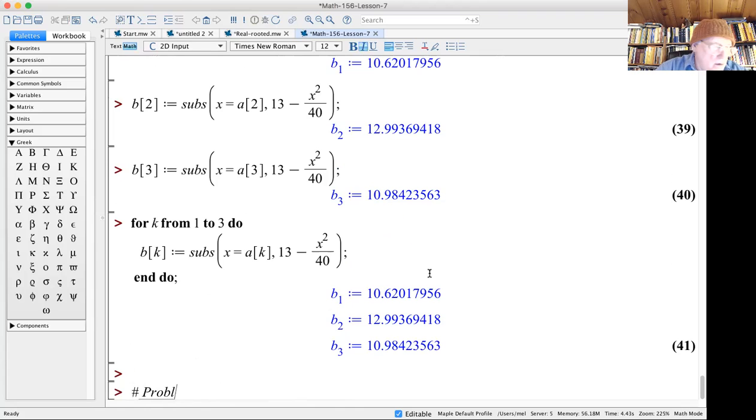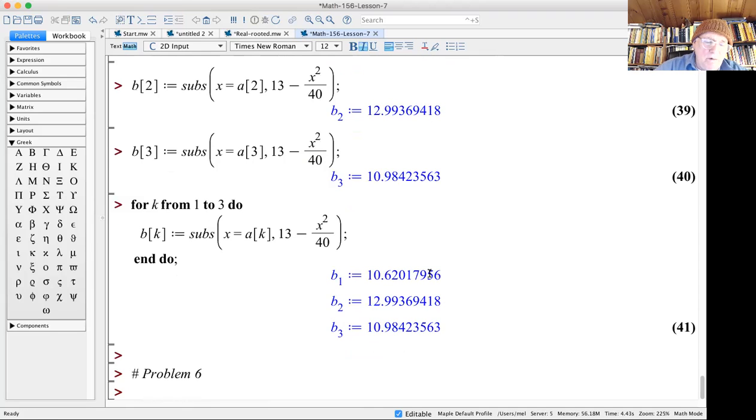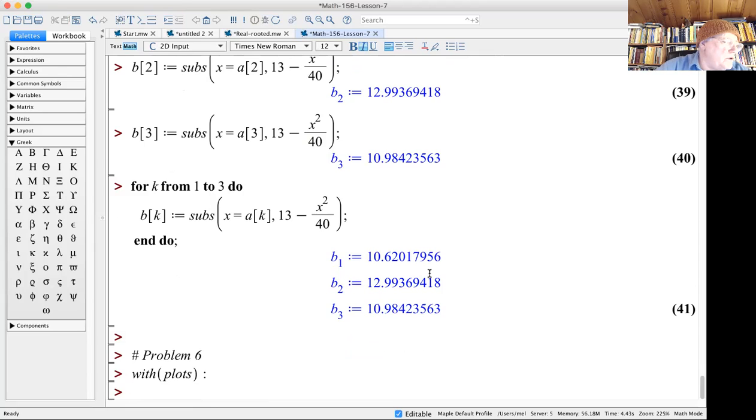For problem 6, we want to use implicit plots, so I need to open the plots package. I just put a colon so I don't need to see very much. So now I'm allowed to use the command implicit plot. And the first thing I want to draw is a certain ellipse,